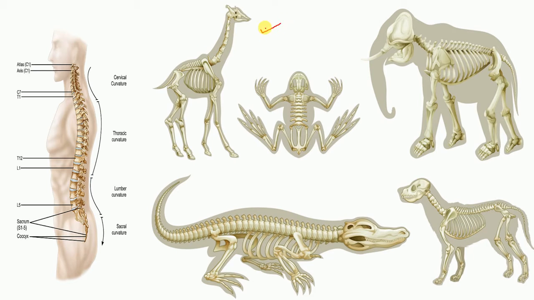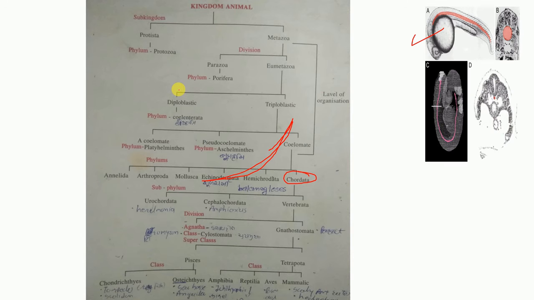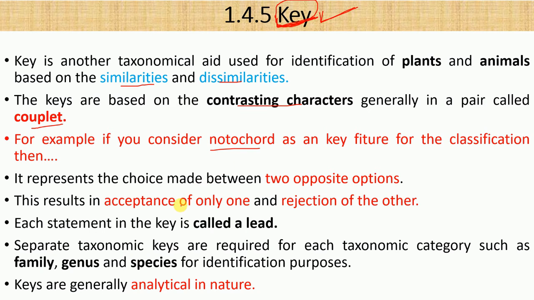For example, these are the vertebrate animals. Those who have a vertebral column are vertebrates. See, these animals are all vertebrates, like amphibia, reptiles, aves, mammals. These are the vertebral animals. Because at a time you are considering only one character, one character may be rejected. So those who possess a notochord are chordates, and for the rest of the animals, you need to reject those who don't have a notochord.